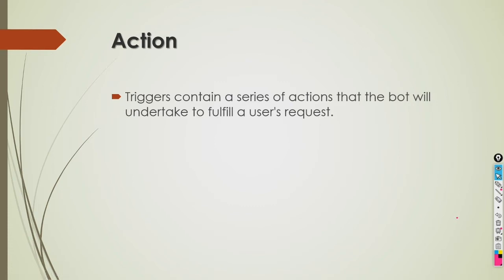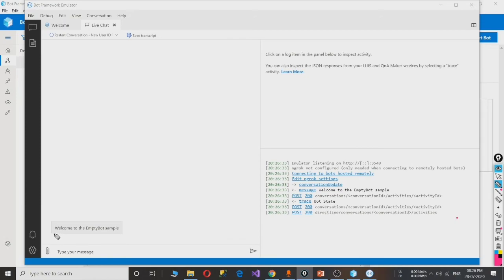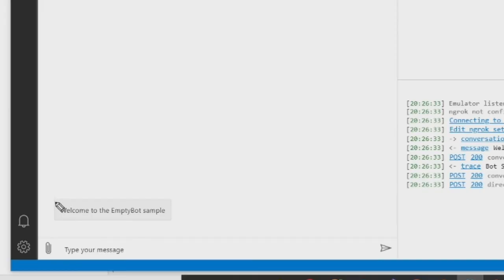Suppose a user sends a request. To fulfill that user request, whatever actions the bot will perform reside inside the trigger, and the trigger resides inside the dialog. Understood?